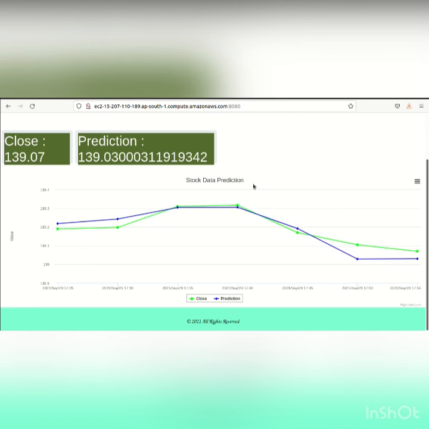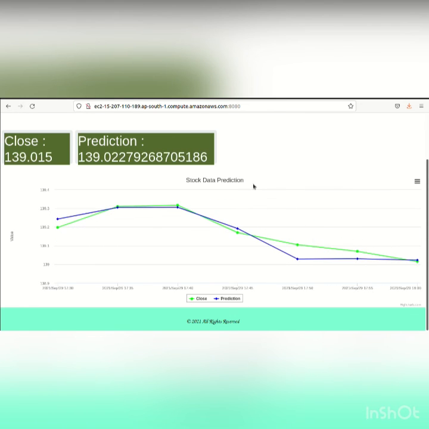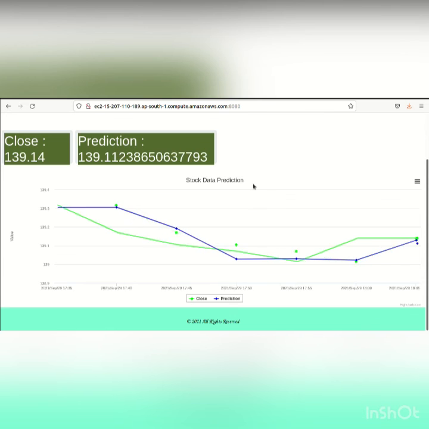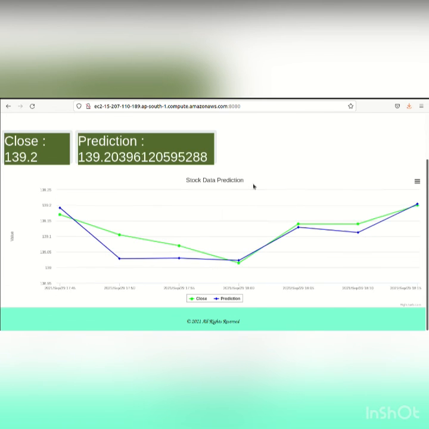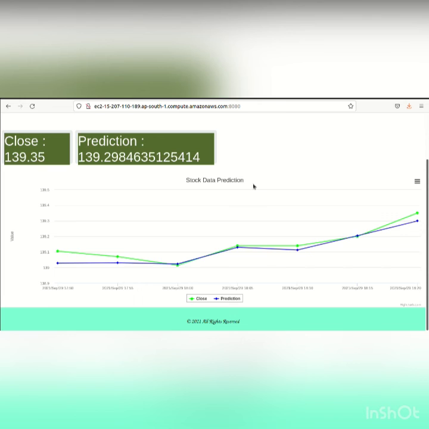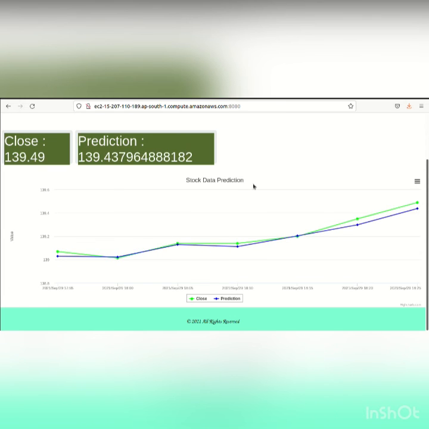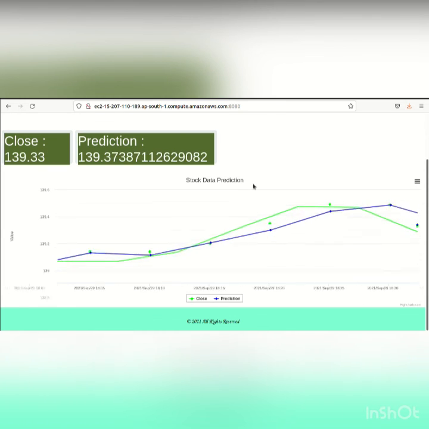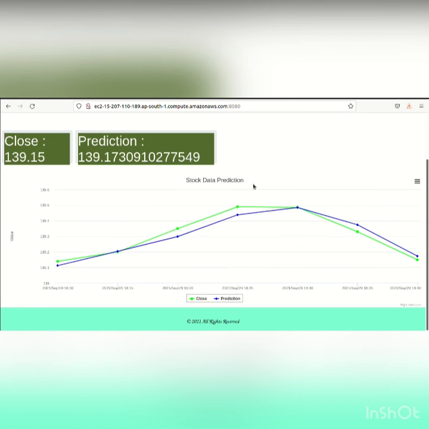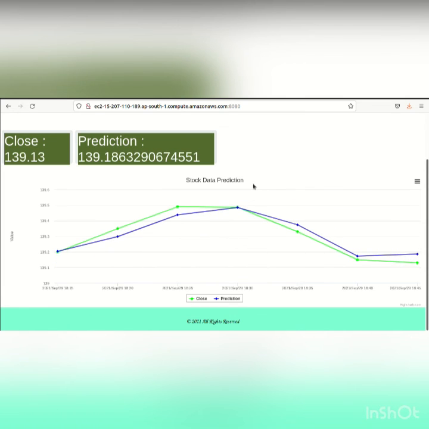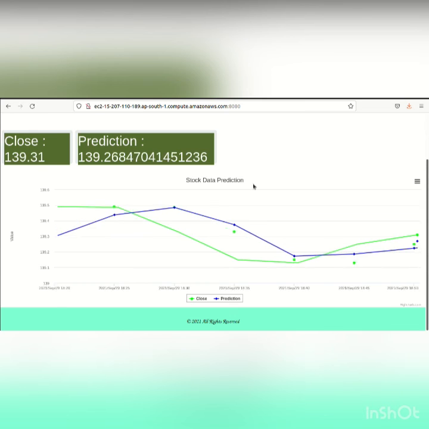As you can see, the lines vary, the prediction and the actual, how it is, is being displayed over here. So this is how using this Flask, we can visualize it. So that's all for today's video.